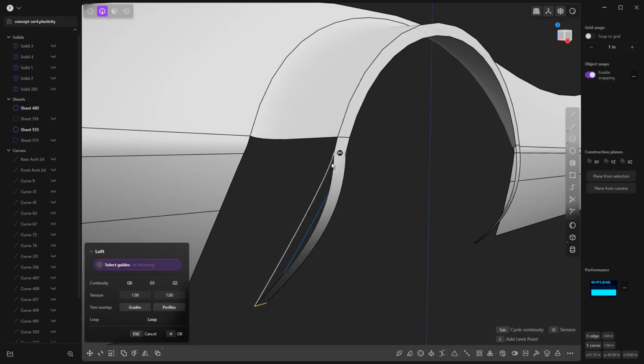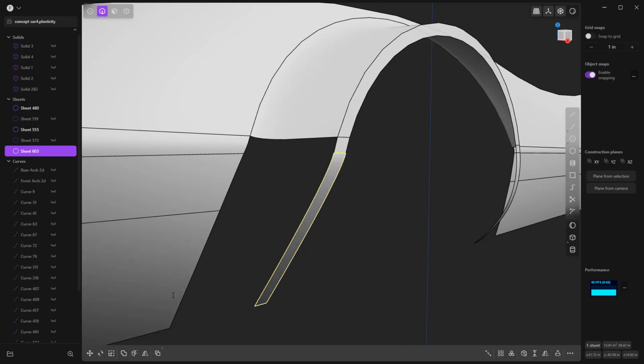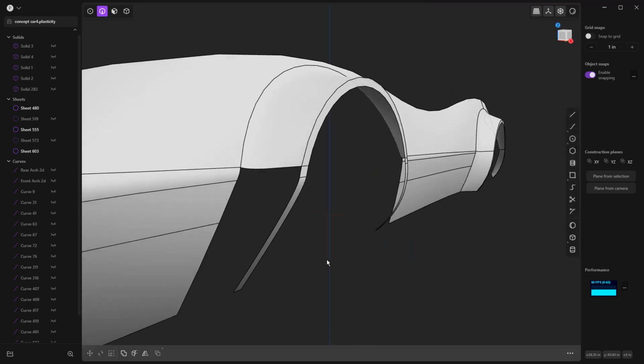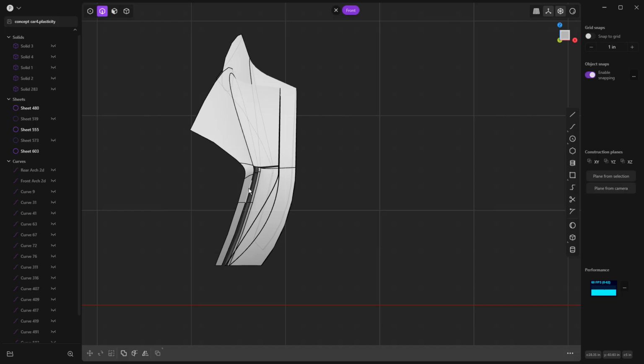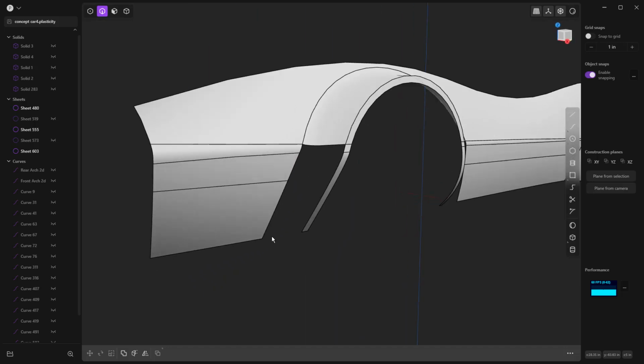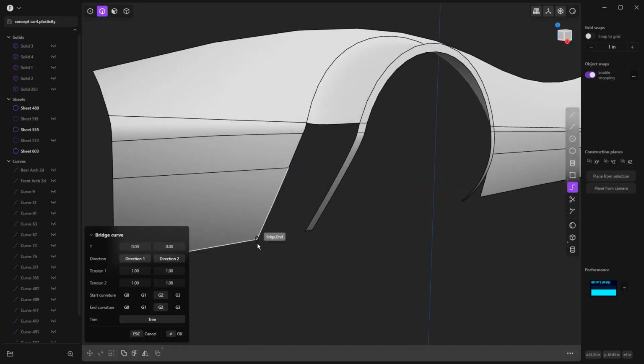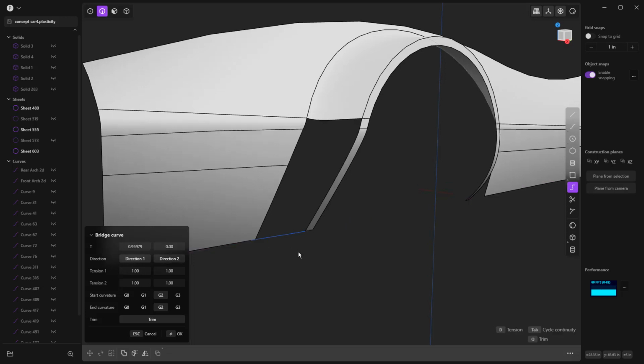We should still be able to use G0 continuity, but the tension of 0.25 is a bit closer to what we used. Now, it's not really going to matter with loft because it's going to drive tangency, but it's using these guides. Go ahead and get rid of them. But now when we look at this thing from the front, that shape is a bit closer to this shape. So let's see what this gives us in return. So we'll do a bridge curve at the bottom. Going to go to my all selection,